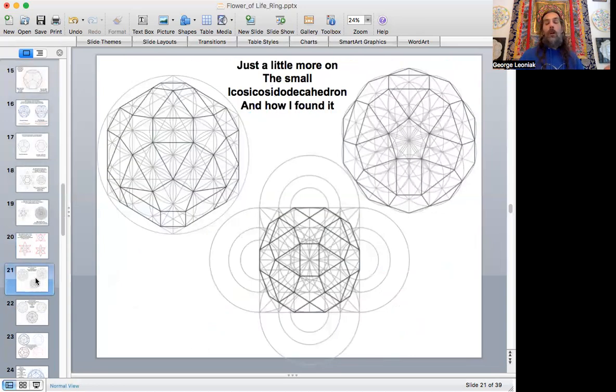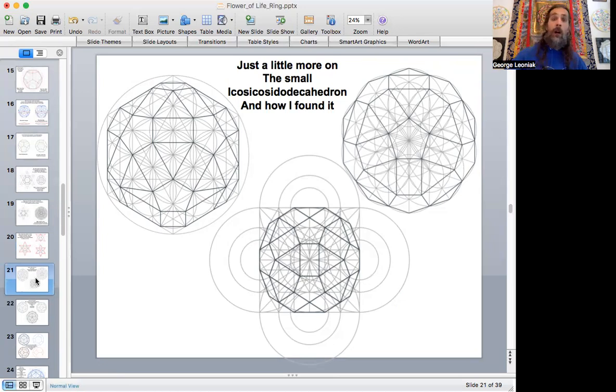Okay, so great. That's all I wanted to do on that portion. So we've covered the dodecahedron, false dodeca again, and showed some golden ratio stuff and just clearing up a few things there. And now I want to get into just a little more on that small icosahedron